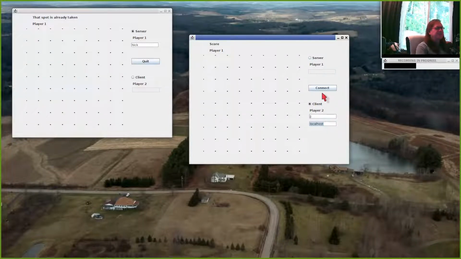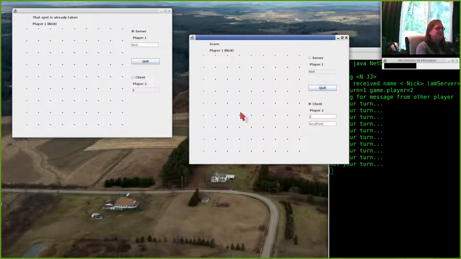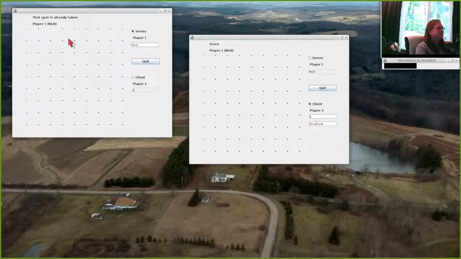Alright, and the client, they have a button that says connect. So they hit this button to connect, and now the game is live. And so the server over here, they can see player 2's name is JJ. Player 2 can see player 1's name, that's Nick. Both players are seeing, hey, it's player 1's turn, player 1 is Nick. If player 2 tries to click right now, it's not going to do anything. And I'm getting debug messages while I'm doing this saying, hey, it's not your turn. Alright, so player 1 goes, they can click anywhere that they want, and when they make a click,